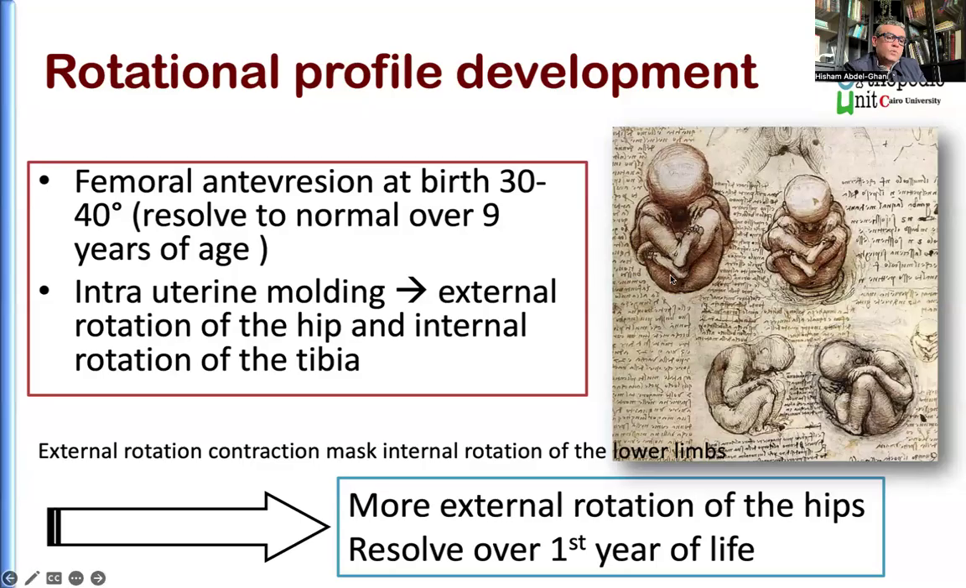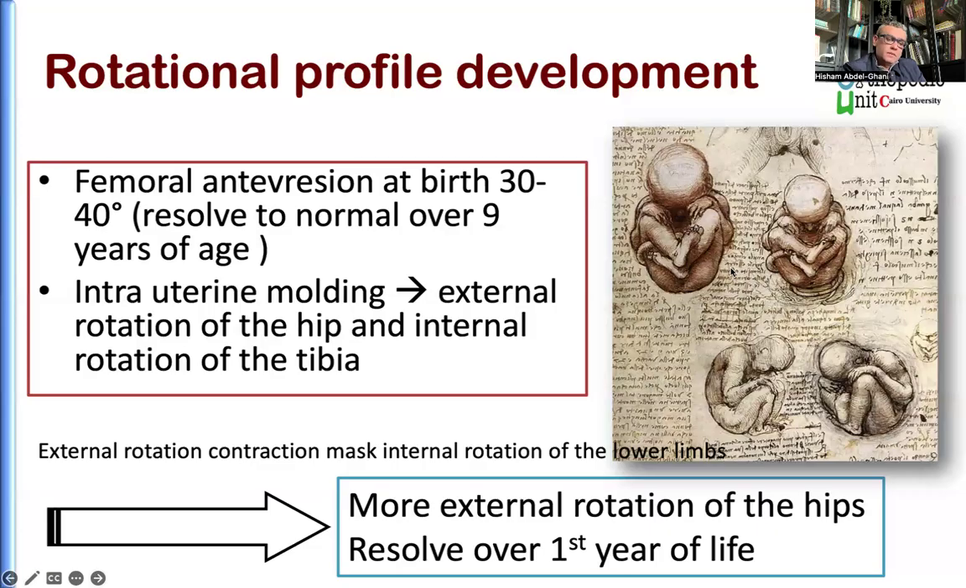So the child will have increased femoral anteversion, internal tibial torsion, and some degree of metatarsus adductus. So it is expected that once he starts to walk, he has to walk in-toeing. But this does not happen. The child usually walks with straight or out-toeing. And that's because during this molding of the